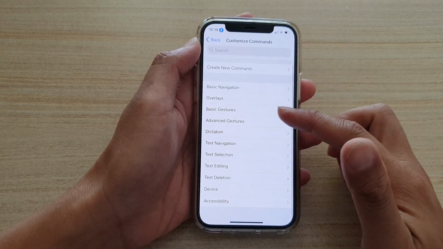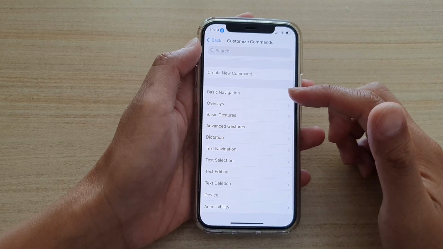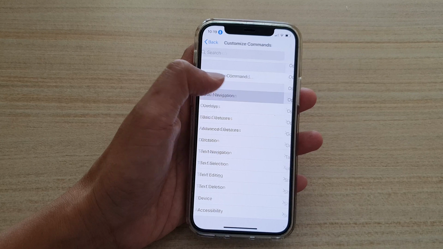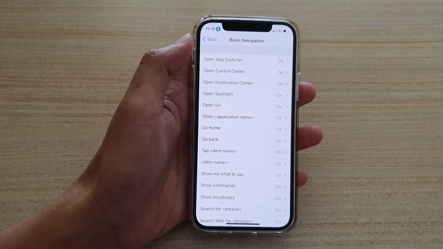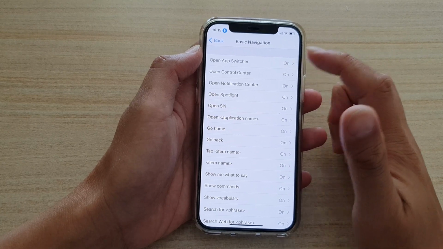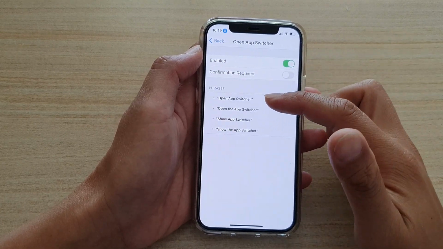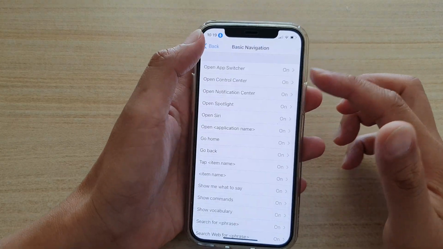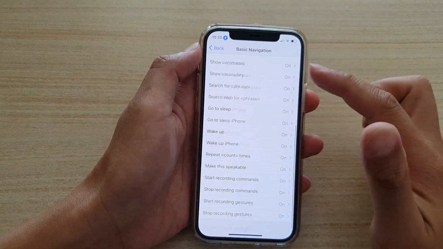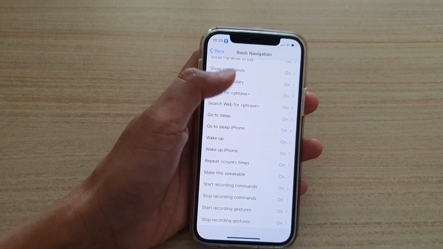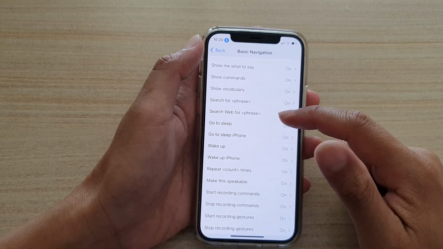And go down the list here, it will show you all the different commands that you could use. So for example, basic navigation, you can say things like open app switcher, show app switcher, or open control center. So here you can see some of the things that you could say. And then if you go down, there's a bunch of different commands that you could use. So you can say like search web for,